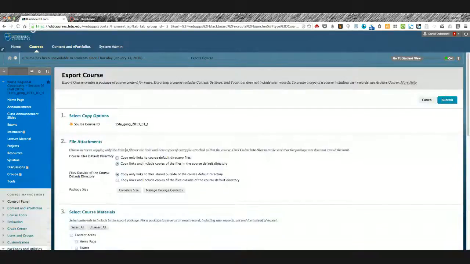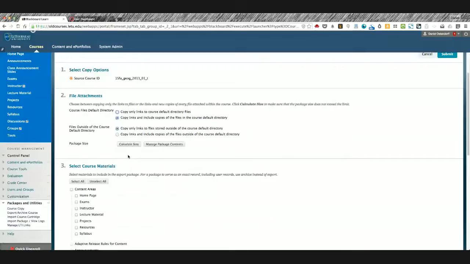In Export Package here, you got a couple of options. Now I'll tell you what I've done. So I don't want it just to copy links. I actually want it to copy the files. So I'm having to copy the links and the files and the default directory for the course. So that's the 100 meg limited folder. But I also sometimes go over that 100 megs and I want to copy files or common files from our department's folders. So I also want to click here, copy links, and include copies of the files outside of the